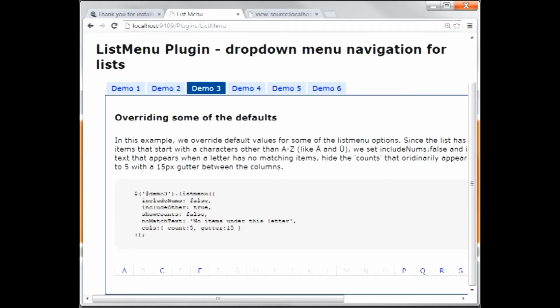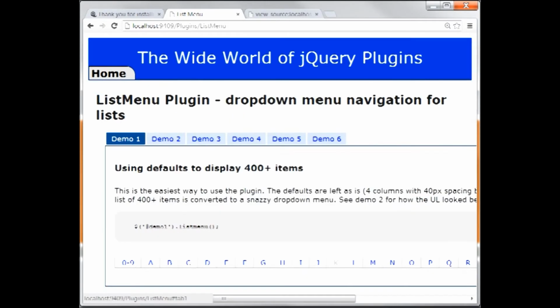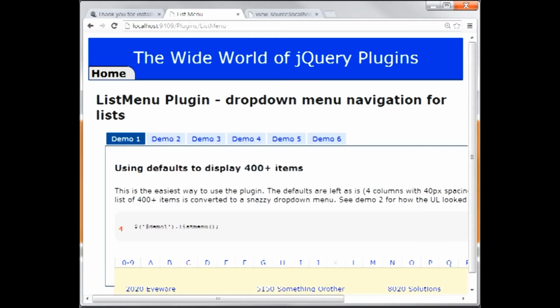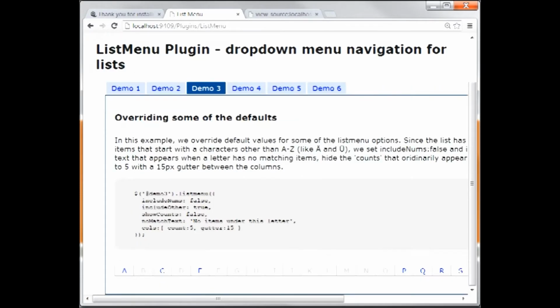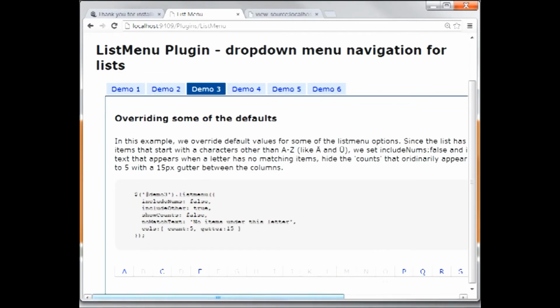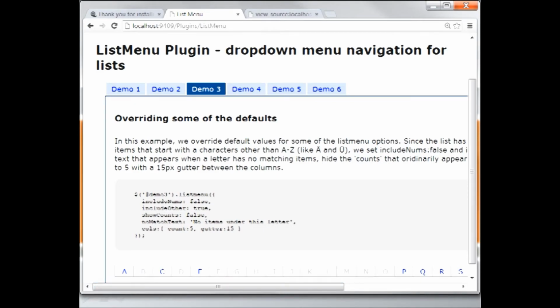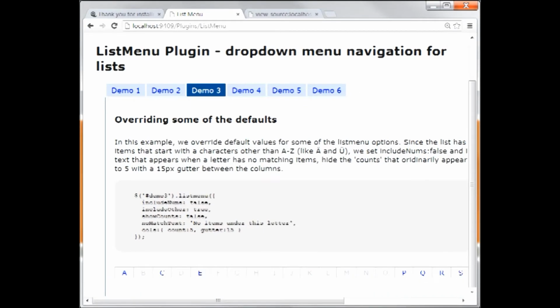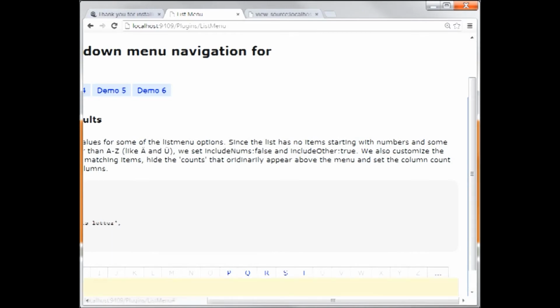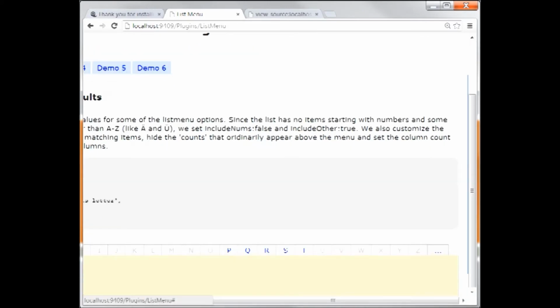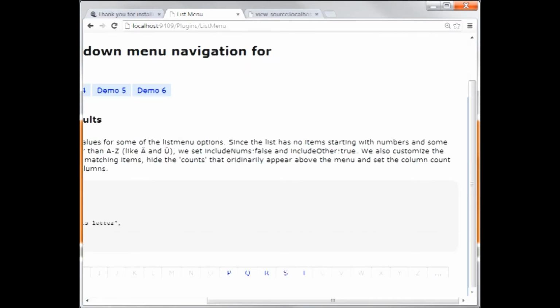There's a few options that come with it. In this case, we told it not to include numbers, which, if you look at the original, has a 0 to 9 up here. That would go away. Include other is true, so what happens, didn't mean to do that, is it adds this ellipsis on the end. And that shows, although you can't see it very well,